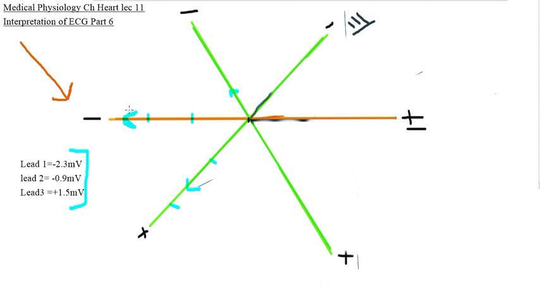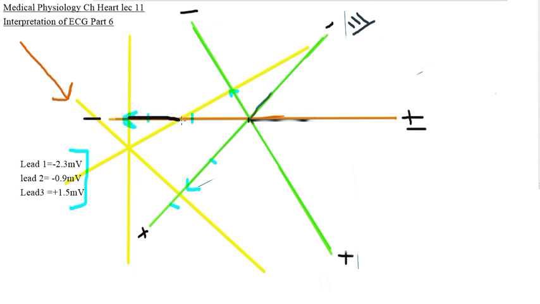We have to draw the perpendiculars on the arrowheads of these axes. I have drawn the perpendiculars that pass through the arrowheads of the values we obtained from our given electrocardiography recording paper on lead 1, lead 2, lead 3, etc. And they are going to meet at this point. Here as you can see, this is the point. Now we have to draw from the center zero point to this point to obtain the resultant QRS vector. This will be the resultant QRS vector.